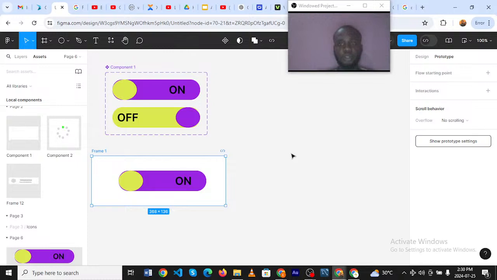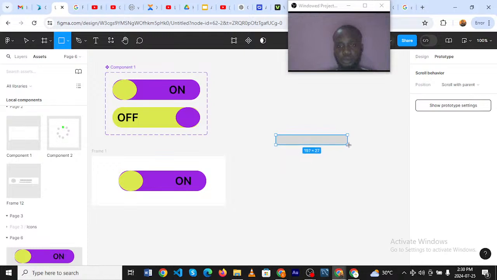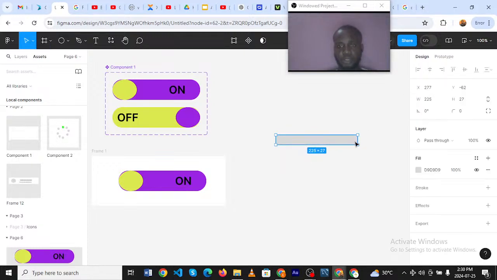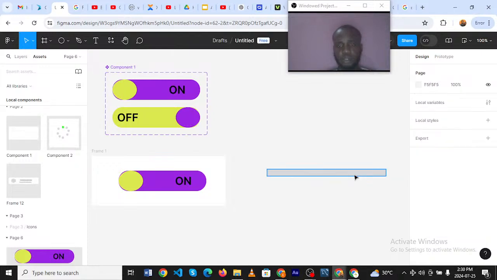Please follow me. So let's say I have a rectangle now. This is a rectangle. Please remember, I told you the shortcut for rectangle is R. All right, this is cool.